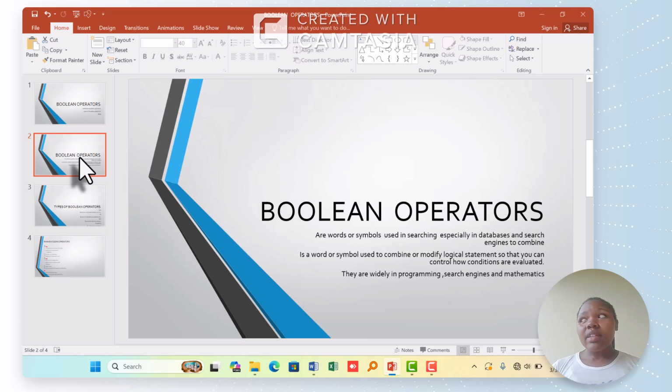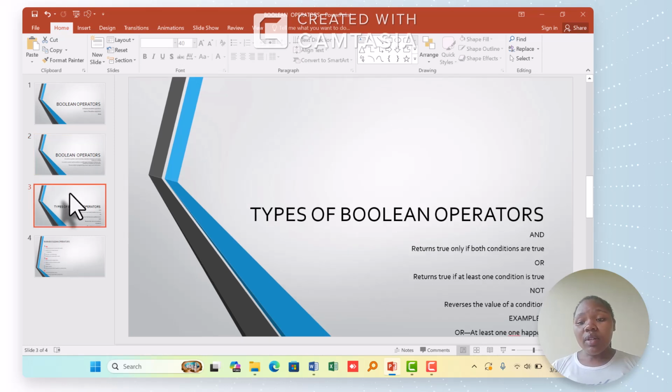Yes, these are just symbols used by someone who is going to search any word, be it in a database. We can simply use these Boolean operator symbols. They are mainly symbols. So we are going to see these types of Boolean operators. The first Boolean operator we have is and, we have or, and we have not. These are the main